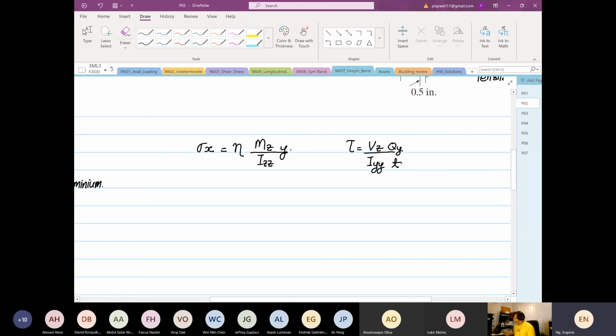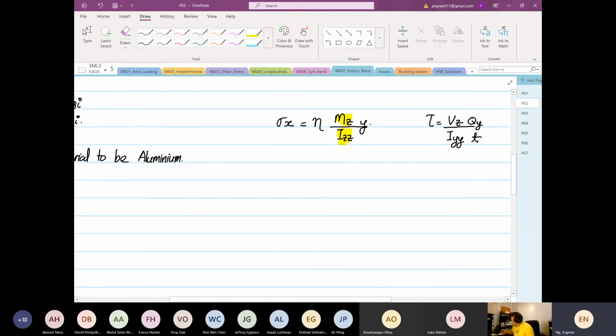Now, this is normal stress. It's different. If the moment is in the Z direction, you have to use Izz multiplied by y. So it is different. Now the thing is this: what is this Izz? In order to calculate Izz,